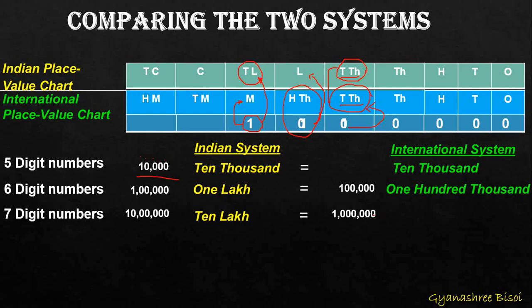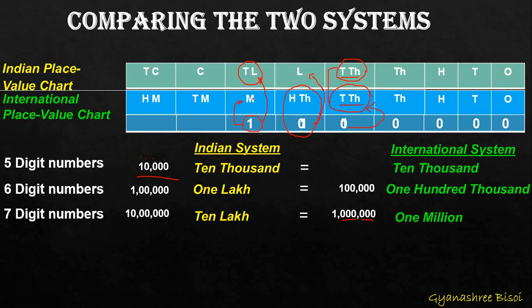Okay. Now I will leave from the rightmost 1, 2, 3 digits. Then I will put 1 comma to separate the period, because every period here has 3 places. It's a group of 3 places. So next I will leave 3 places for thousands period. Then I will put a comma. So this is in figure. So in words, how will you write, or how are you going to read this number? See, 1 is at millions place. So 1 million. Correct? In the international system.